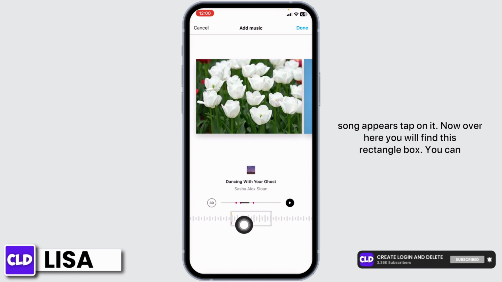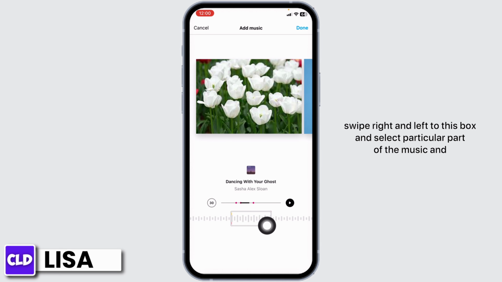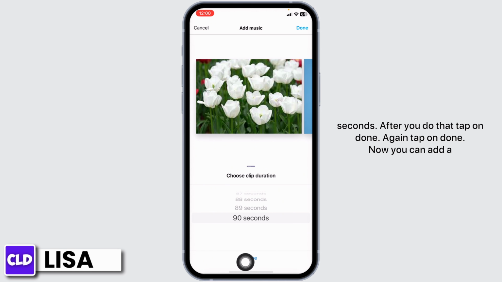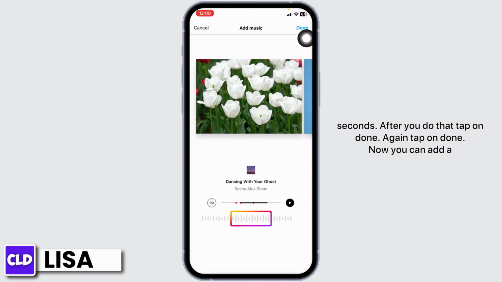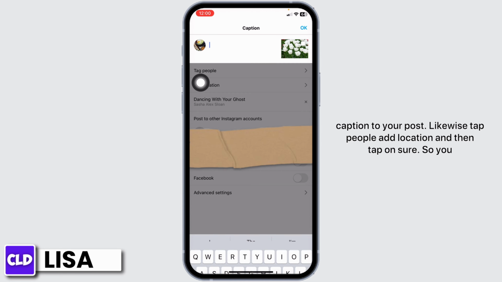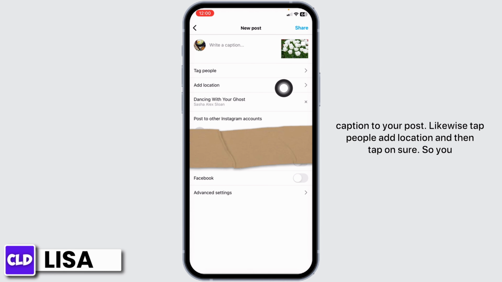Now over here you will find this rectangle box. You can swipe right and left to this box and select particular part of the music. And if you tap over here you can select clip duration. You can set it up to 90 seconds. After you do that, tap on done. Again tap on done. Now you can add a caption to your post, likewise tag people, add location, and then